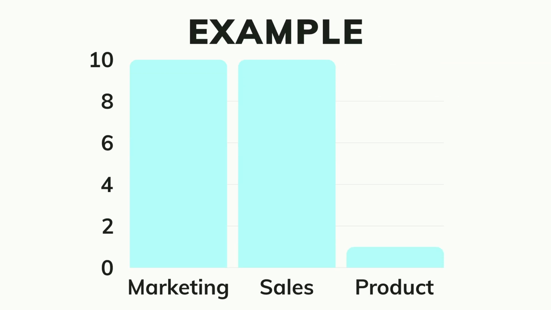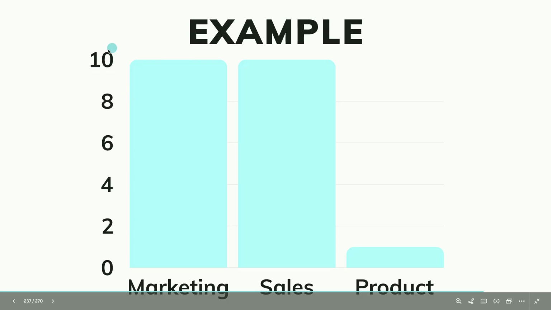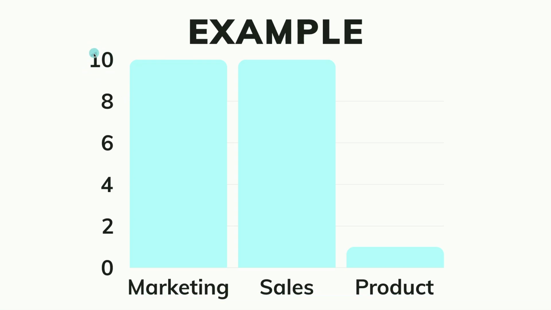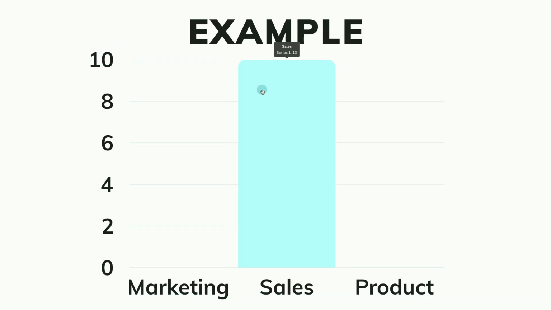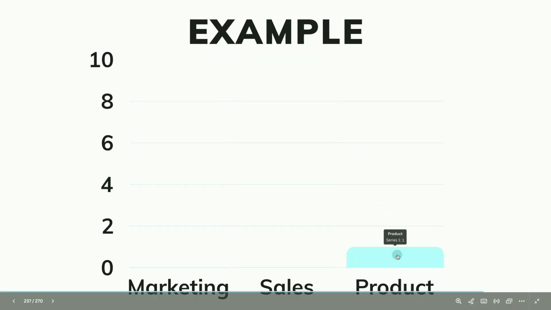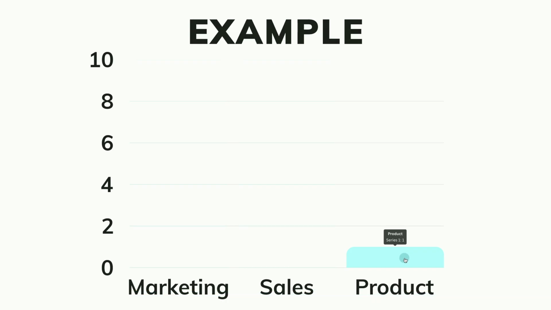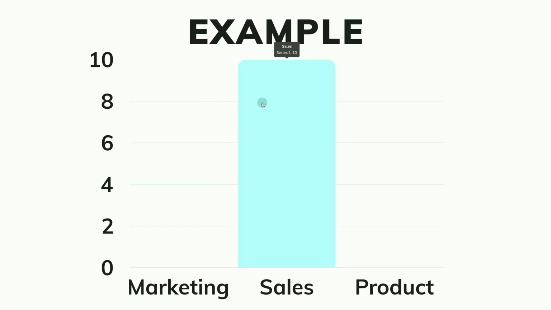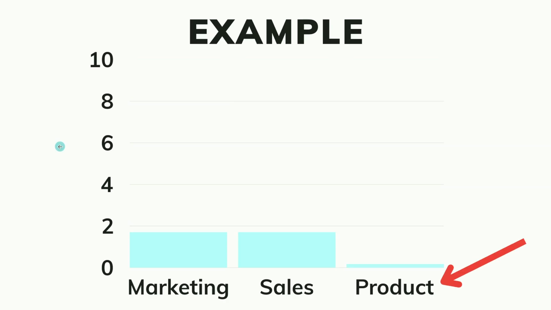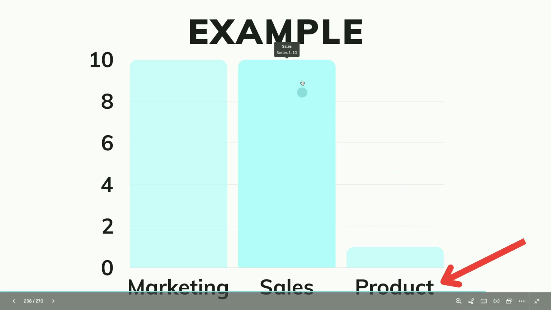What does that mean? Let's use an example. So in business, say you ran a business and say your marketing was a 10 out of 10. You're really good at marketing. You're really amazing at copywriting, content creation, running ads, all that stuff. Say your sales, your ability to actually sell people and take money and get people to give you money is a 10 out of 10. You're a fantastic salesperson. But say the product you're selling, the actual service, the burger, the shirt, the thing you're actually selling is a 1 out of 10. The product is shit. What is the constraint of this business? Number 1, 2, or 3? Is it the marketing, selling, or product? It's obviously the product. That is your constraint right here. So that is the constraint in this example.